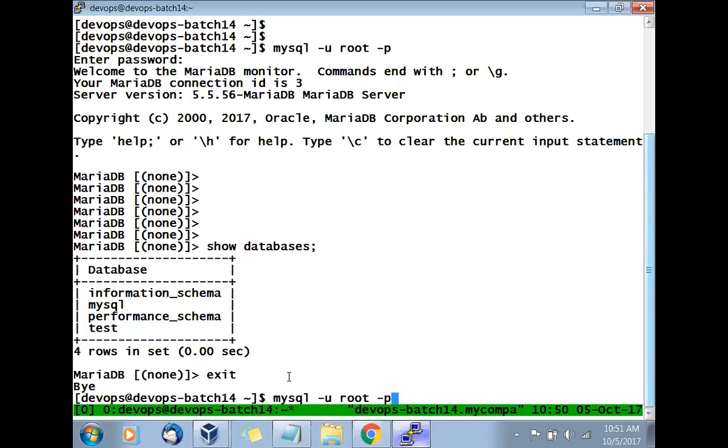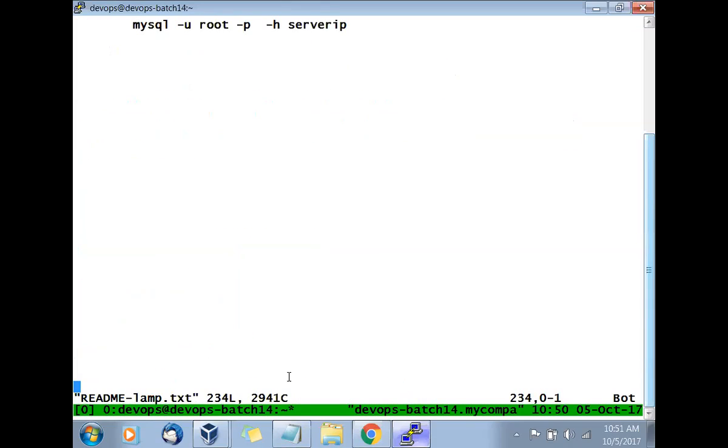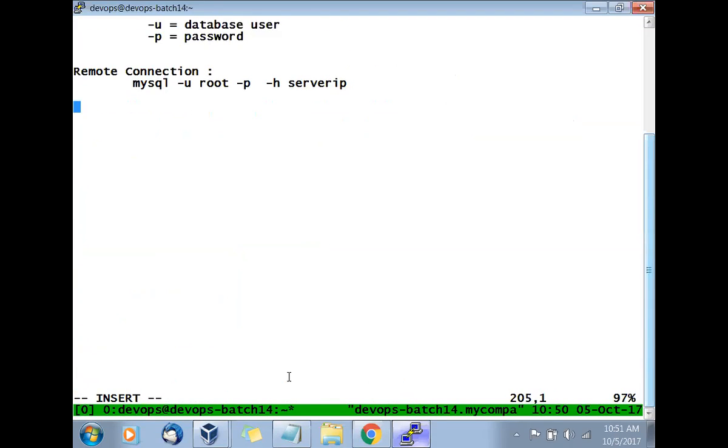Now, as a part of the session, let's write down the homework. What is the homework? We don't know what the homework number is. Okay, fine. Write a shell script to install HTTPD or Apache service.